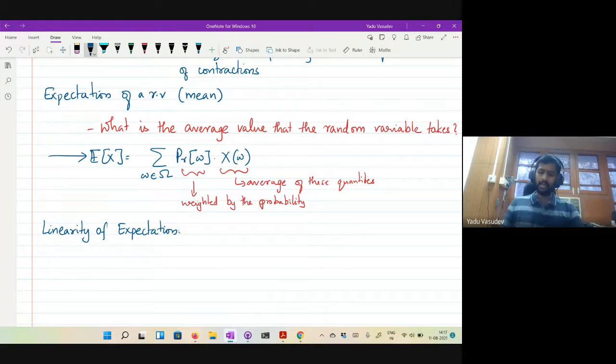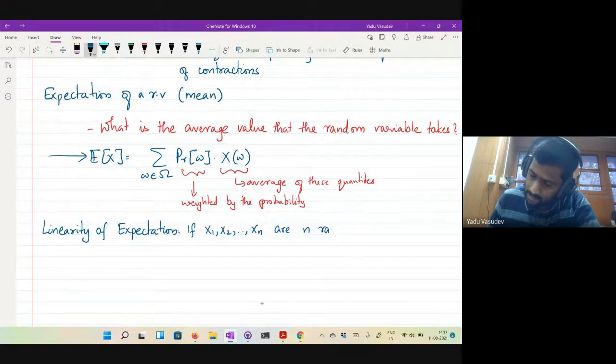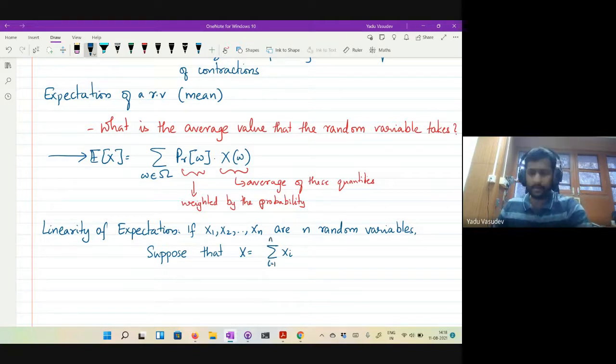The linearity of expectation says that if x1, x2, and so on till xn are n random variables, and suppose that x is the sum of these random variables, the sum of n random variables is also a random variable, because these xi's can take different values for different elements of the sample space, and therefore x is also a random variable.